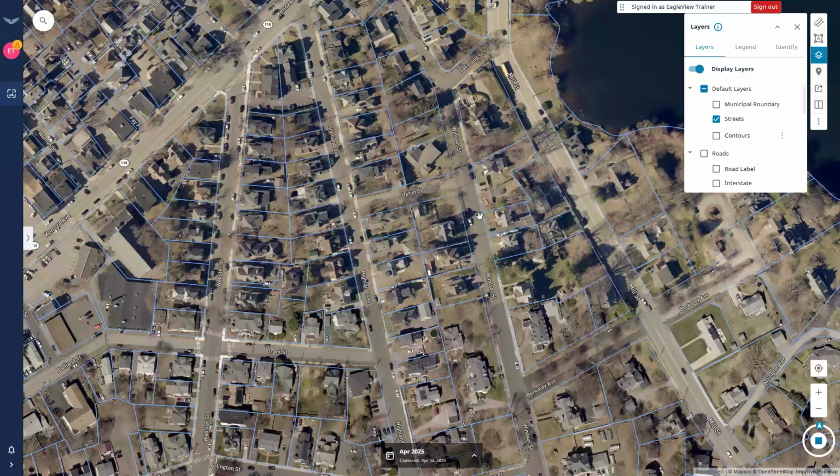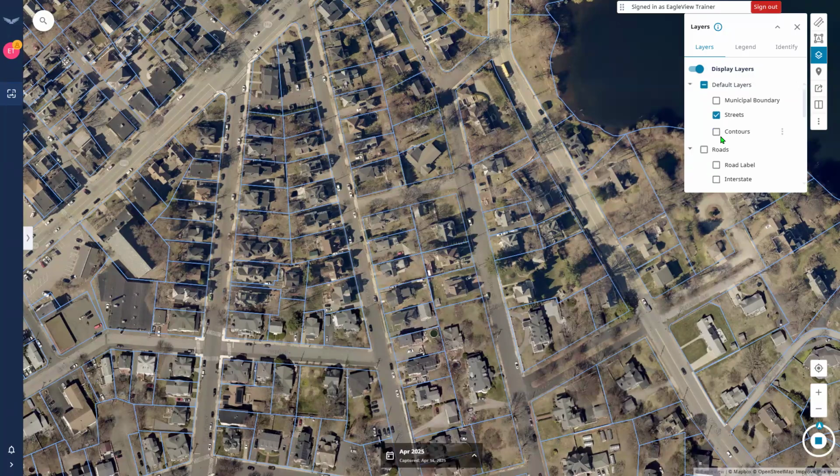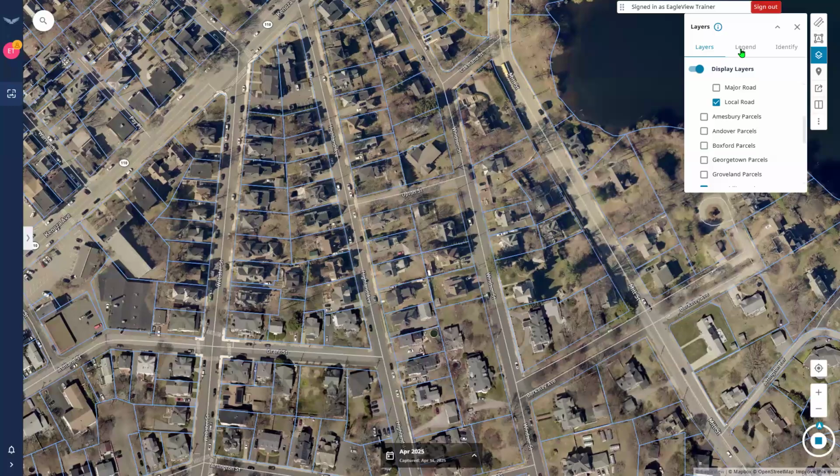And just kind of like, I like to think of GIS as bedding, in that our base layer of imagery is our mattress. And then we can cascade and display those respective GIS layers here at any time by simply clicking on it. And then it's going to kind of like sheets overlay on top of that base layer of imagery. Whatever layers that we turn on, once they are turned on, that will be displayed in the legend, which is kind of like that key, which is basically giving you reinforcement as to what that symbology is referring to. Right now, this account is relatively straightforward, where it's basically the respective area parcel information and streets,